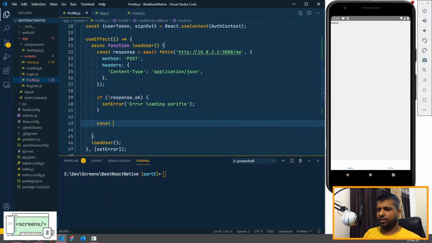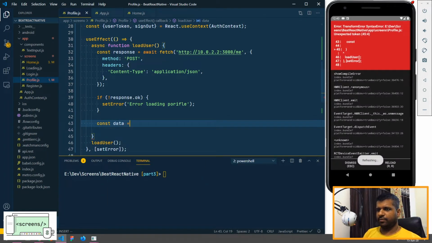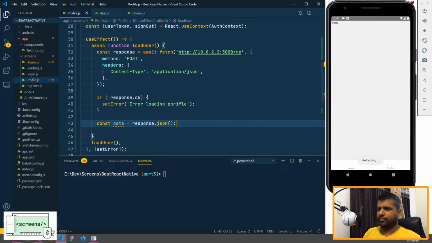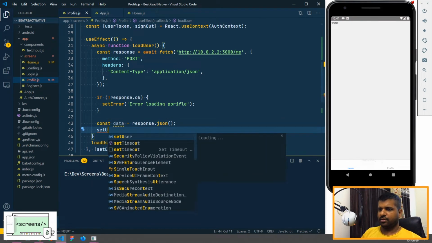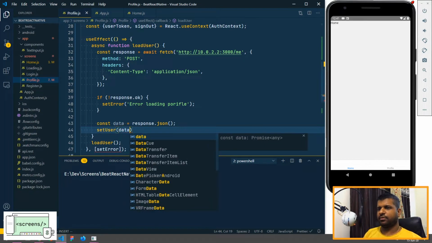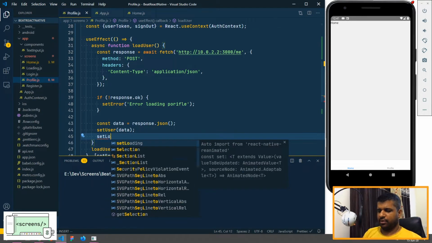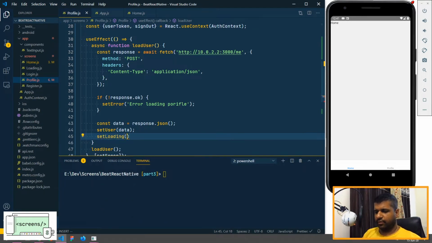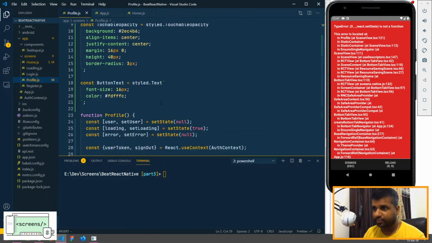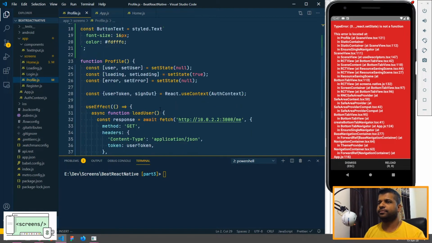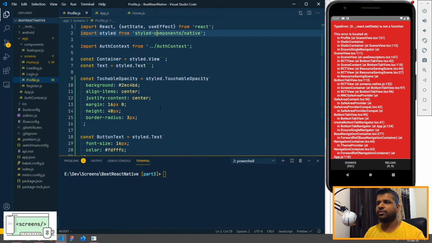So we need to get the data from the response. Okay, and we'll set user and use data, and then we'll also set loading as false. Okay, so I'm so sorry here.